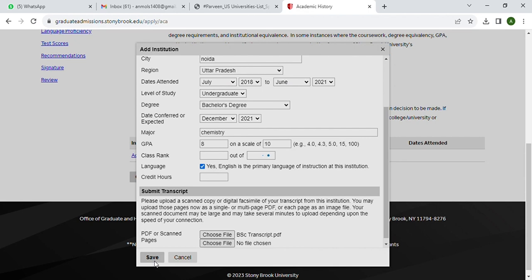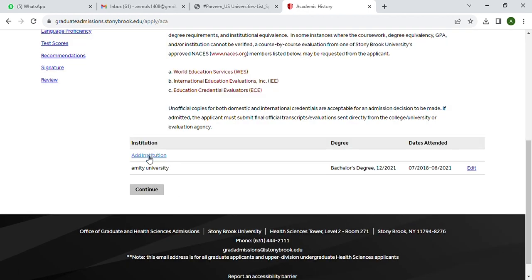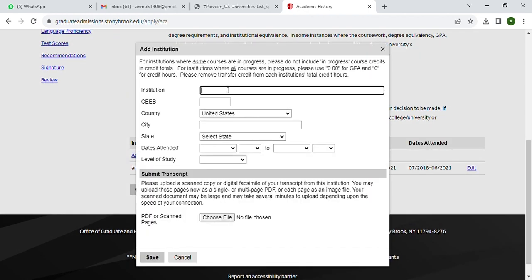Then click on save. Here you need to add your MSc institution, then CEEB code, country of your institution, city, region, and month and the year when you have started your MSc,